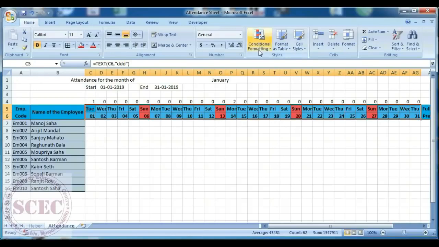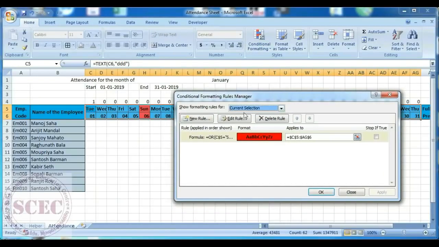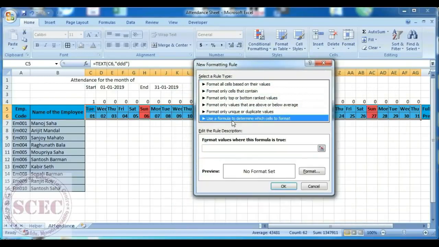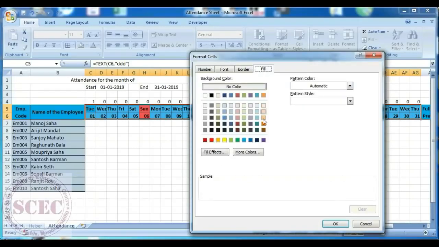So we have already selected, then manage rule, new rule, use formula. Here we will give another formula, equal to COUNTIF bracket open. We will search these dates in our holiday list. So write holidays comma, this date is C6, so type here $6, then close the bracket, and now we'll do formatting.